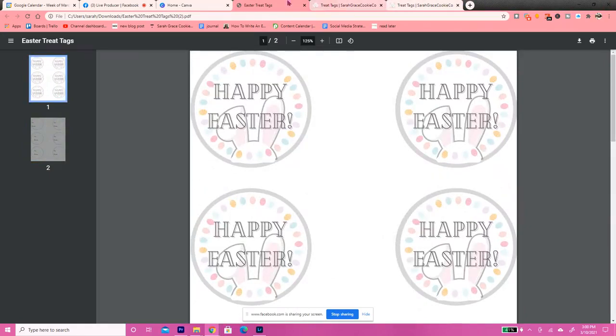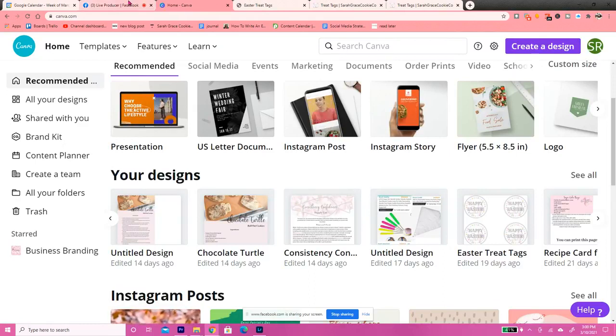Okay, so let's get started with how to make your own treat tags at home. So what you're going to do is you'll come over to create a design. This is canva.com, that's C-A-N-V-A. And if you're just getting started with Canva, if this is the first time you've used it,